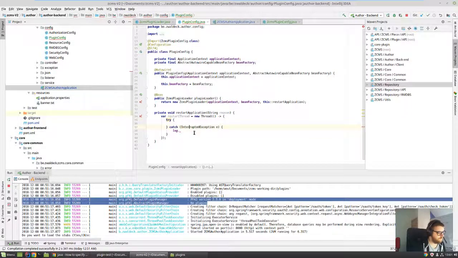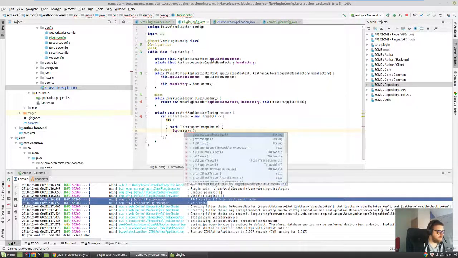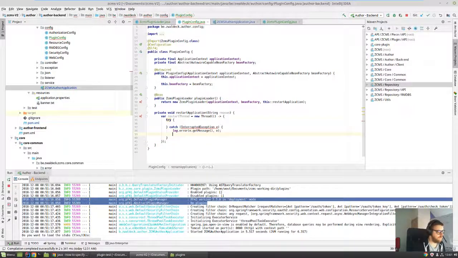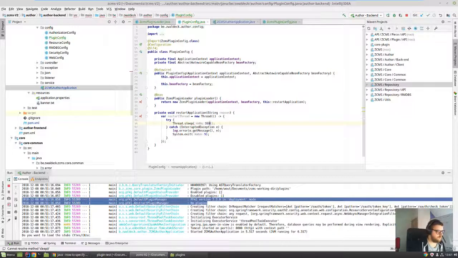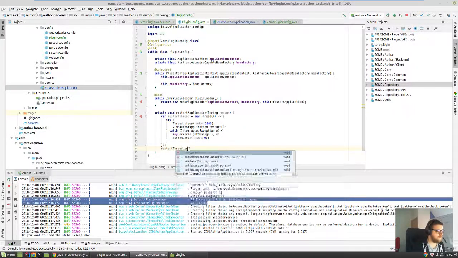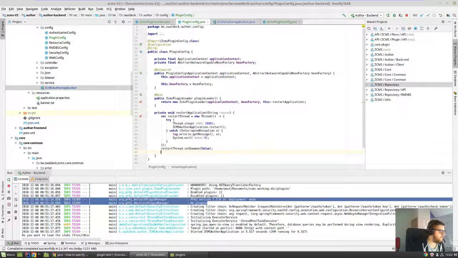SLF4J log error e get message, system.exit 9. And then we let the current thread sleep for 1 second. And then we say ZCMS application restart. And after that we say thread set daemon false, and we start the thread,